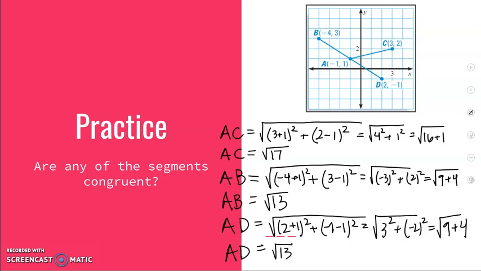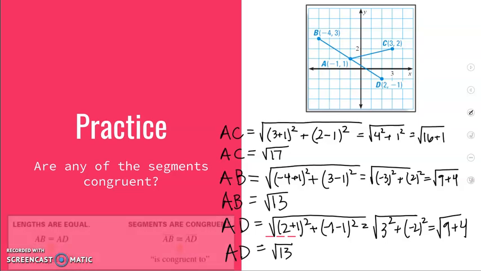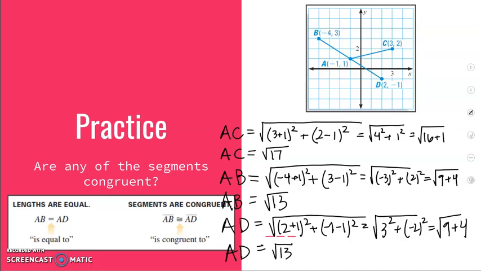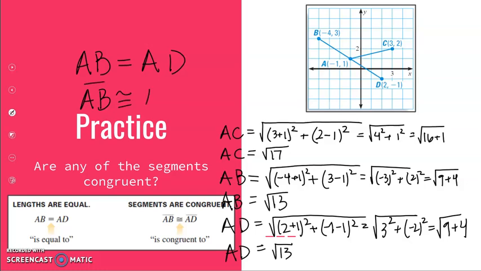Now, the last thing I'm going to emphasize is that mathematical notation. Remember, if I'm referring to lengths being equal, then I could say in this example, the length of AB is equal to the length of AD. This means that those segments are congruent. So if I'm talking about them being congruent, I'm just referring to the segments in general, then I would include the bar. So segment AB is congruent to segment AD. Just remember that when you're referring to lengths, you are